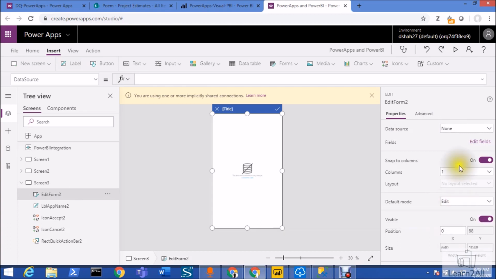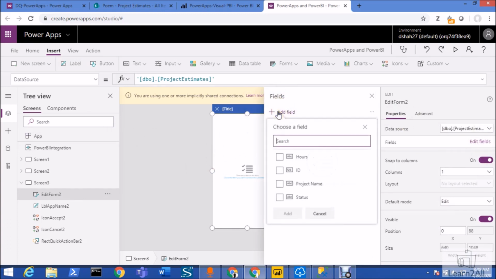By default its mode is edit. Now we need to select the database over here. Now we need to add the fields. So basically which are the editable fields that we need? That is the project name, status and hours.